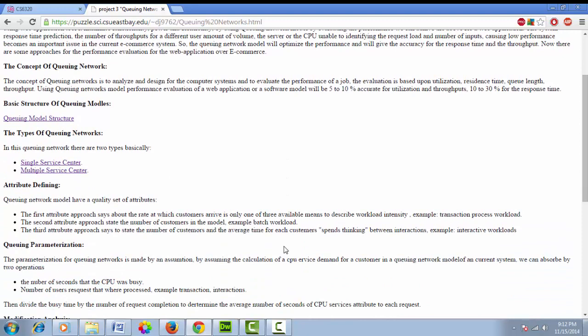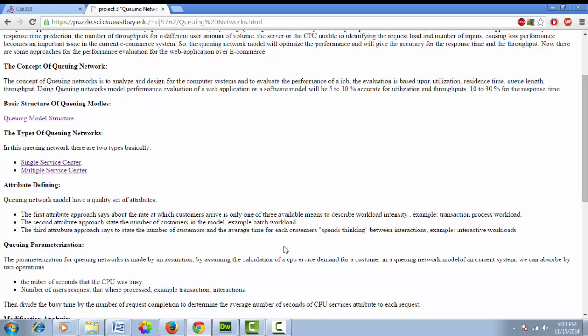So now we are going to discuss the attributes of the queuing network model. It has a set of quality attributes. Now we can see the first attribute. The first attribute is the rate at which customers arrive. It is only one of three means to describe a workload intensity. An example is a transaction processing workload,